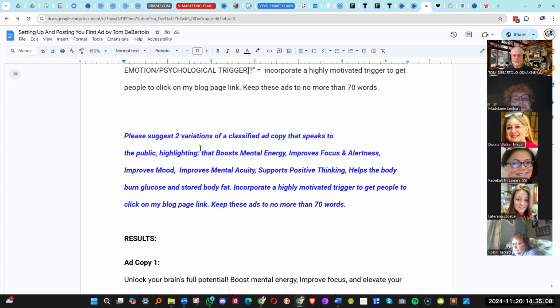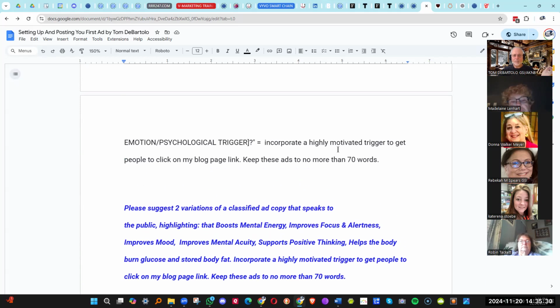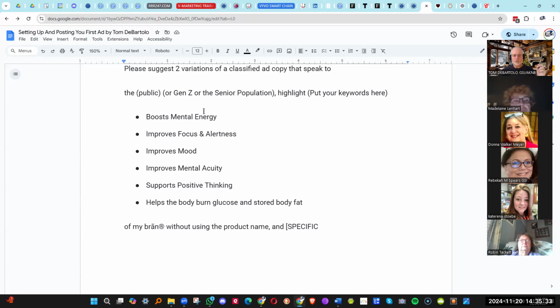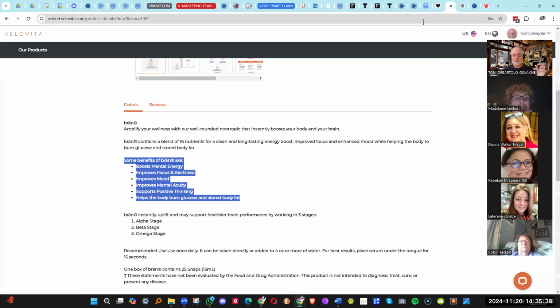Please suggest two variations of a classified ad copy that speaks to the public. I chose public, right? We had the public, Generation Z or the senior. I said public. Highlighting that it boosts mental energy, improves focus and alertness, improves mood, improves mental acuity, supports positive thinking, helps the body burn glucose and stored body fat. Where did I get that from? The keywords that we've got off the webpage in Velavita,